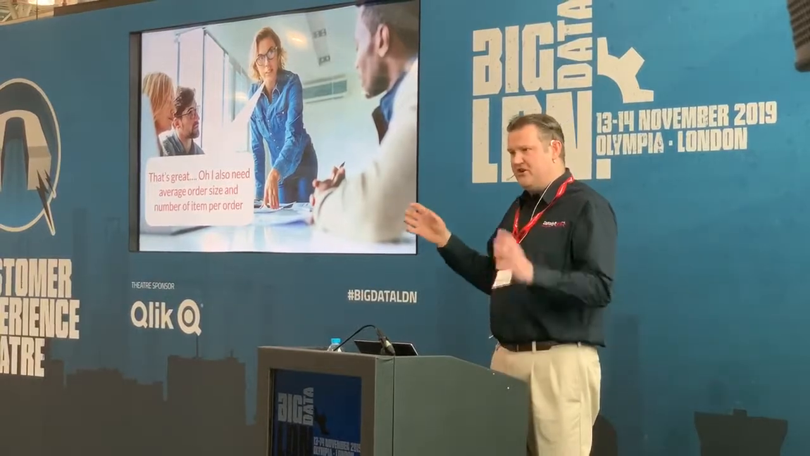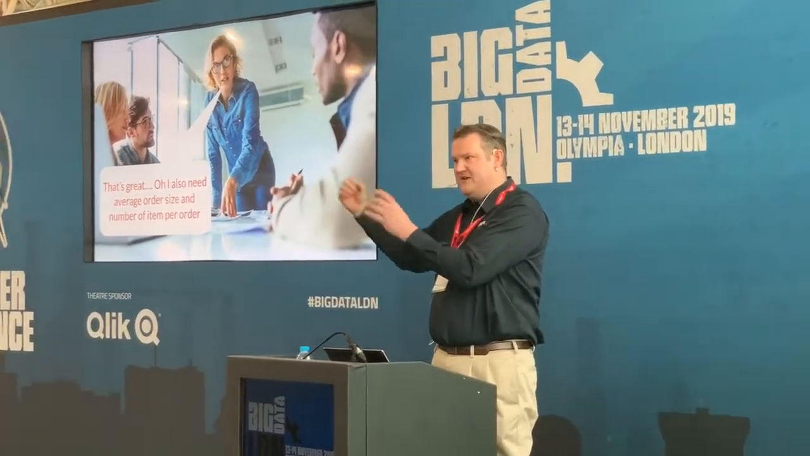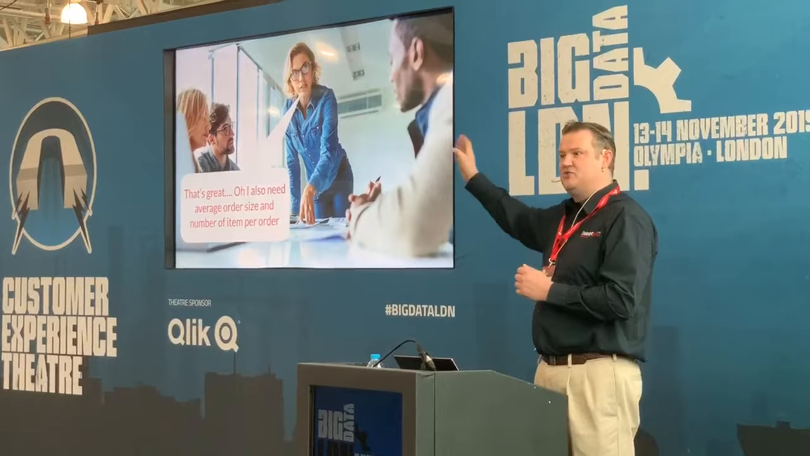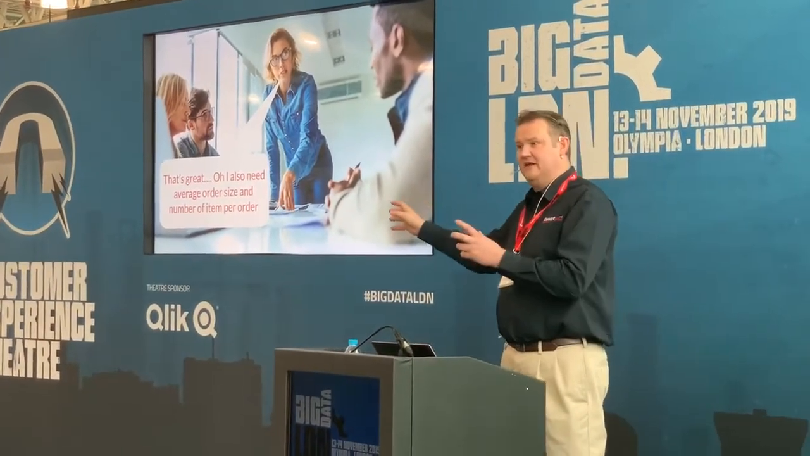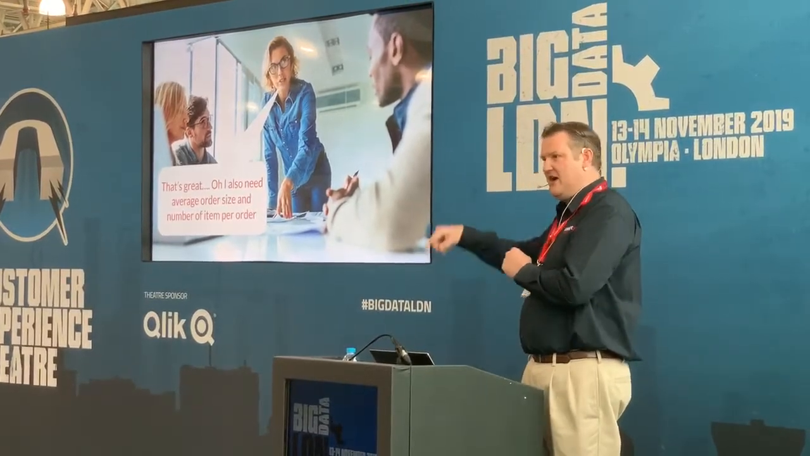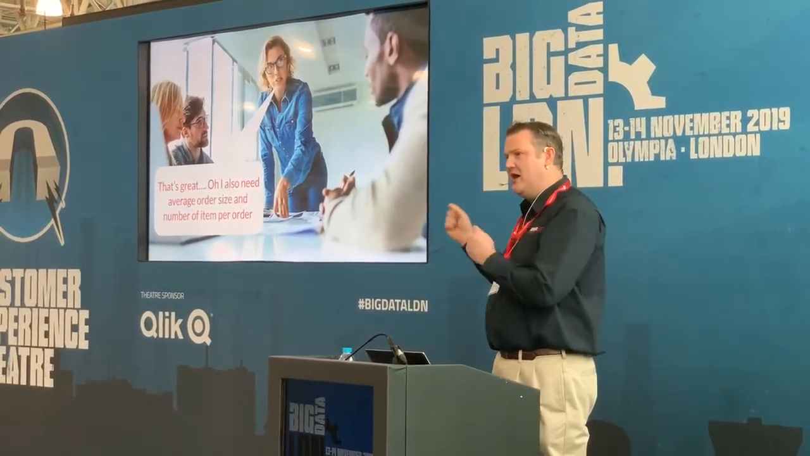Rather than deploying to production, since I now have a perfect replica of my production database with my changes, I can sit down with the stakeholder and say, is this what you asked for? Oh, well no, I also need the average order size and the number of items. Okay, well that's fine. We've seen how quickly it was to change it from scratch. I can add a couple of rows to this, and in fact this is so quick,